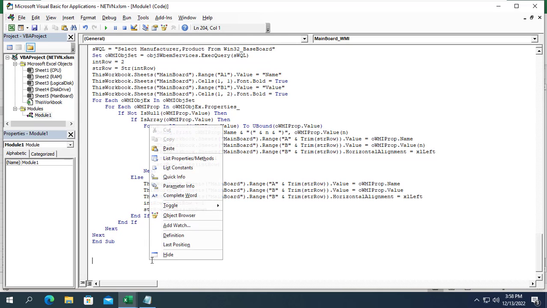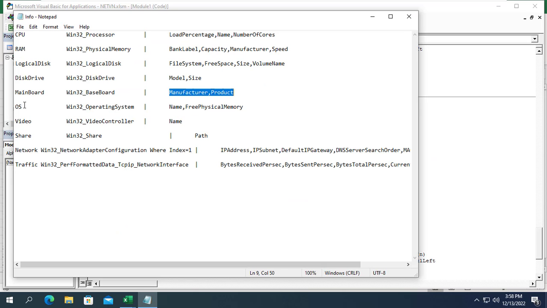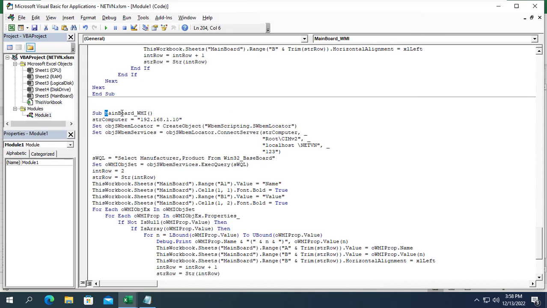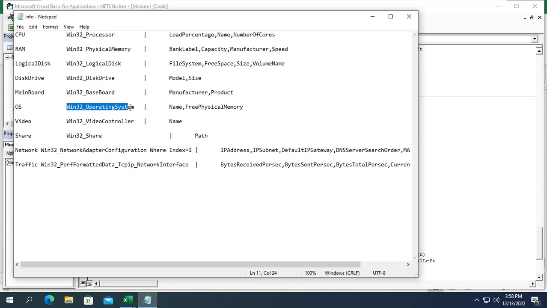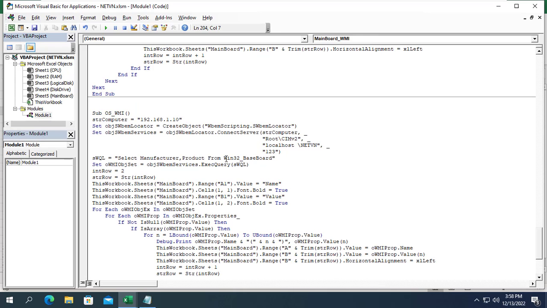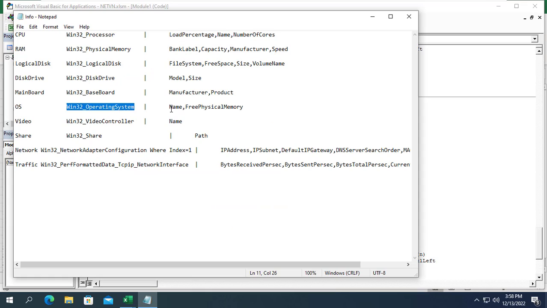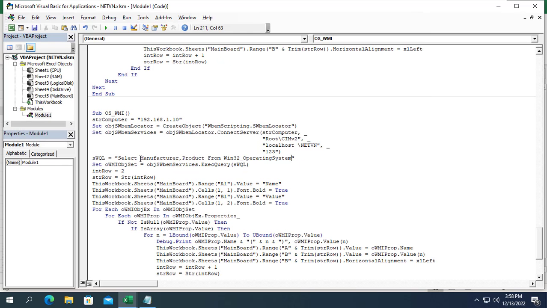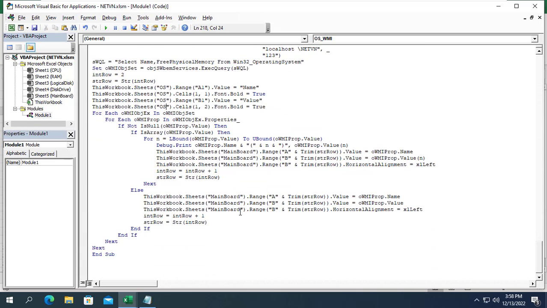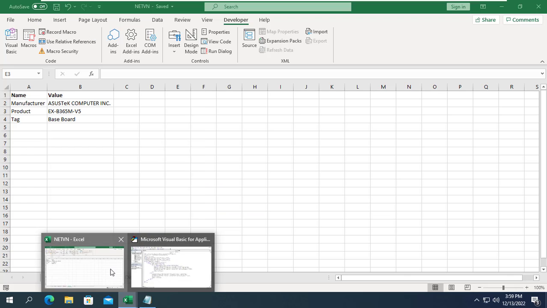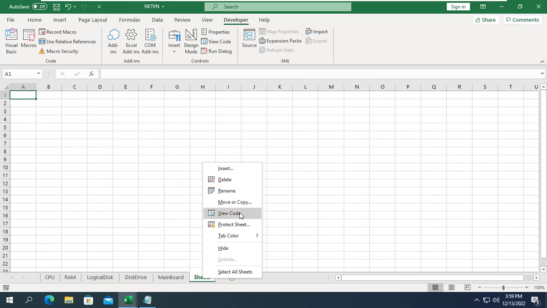Next I want to know what OS version the target computer uses. Here I also know how much free space the internal memory has and based on that make a decision whether to upgrade the internal memory or not. I do the same steps as above, copy and paste the script, edit the procedure name, choose what I want. Then create a new sheet to store the information I want.